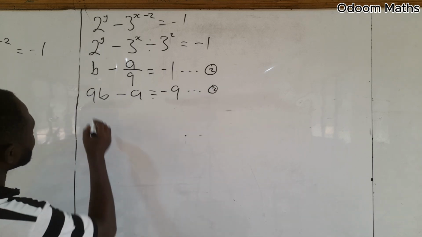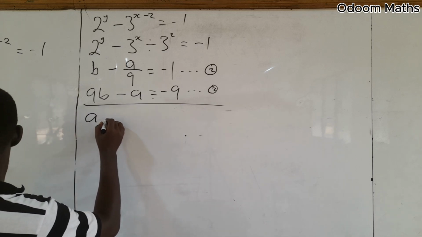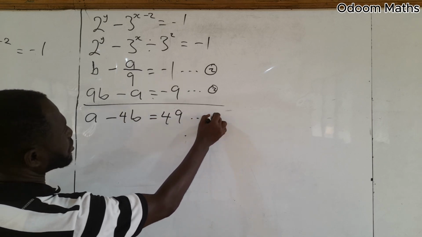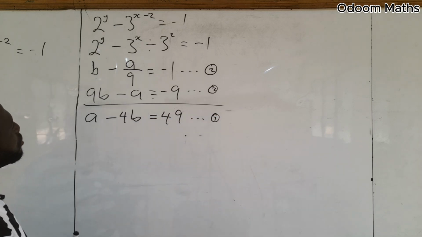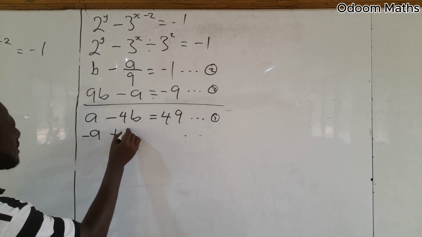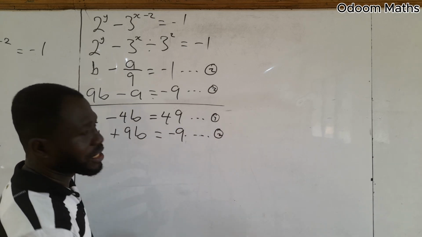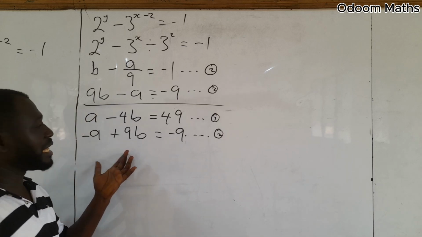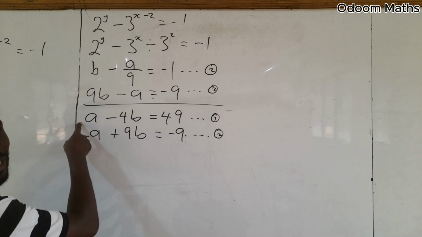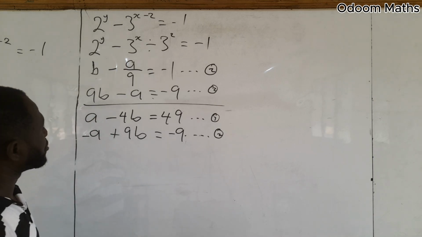Now my equation 1 is giving us a minus 4b equals 49. That is my equation 1. And then my equation 2, let me change the position, is negative a plus 9b equals negative 9. That is equation 2. Here I am going to use elimination to be simple for me. Looking at this, we have the coefficient of positive 1 and the coefficient of negative 1, so when I add, it will be simple for me. So add